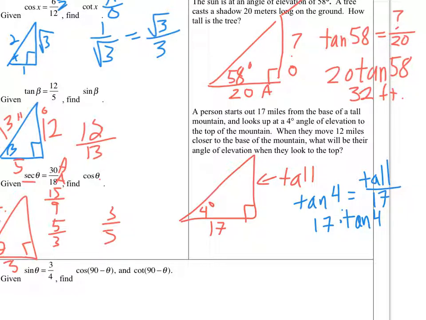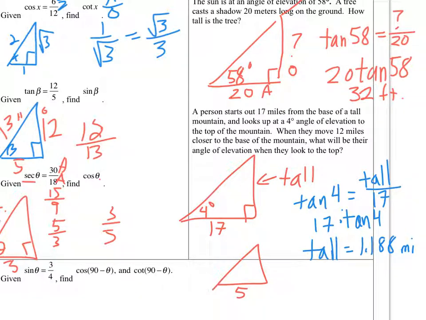So if I do 17 and tangent of 4, I get that tall is equal to 1.188 miles. For the second part of the problem, when they move 12 miles closer,